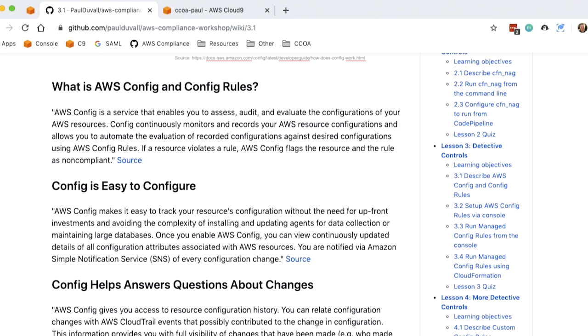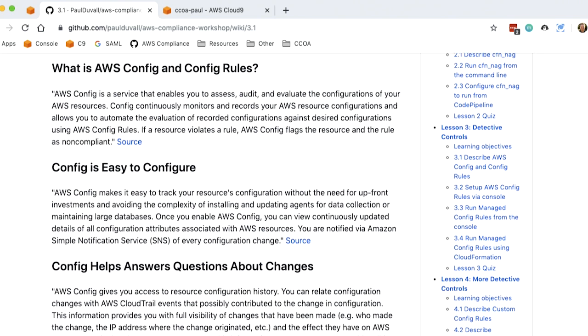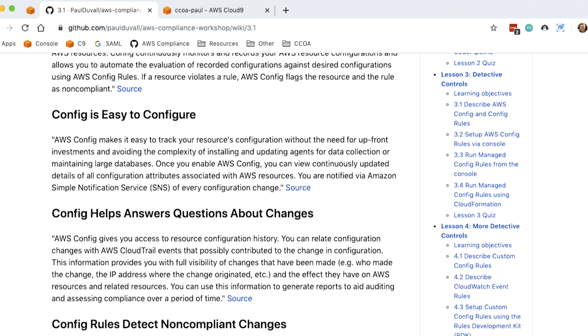Essentially, you just turn the recording on. You can identify which resources you want to record the changes for. You can also indicate how you want to be notified about those configuration changes. And